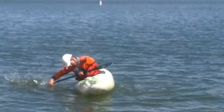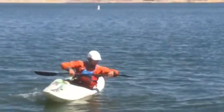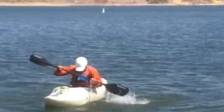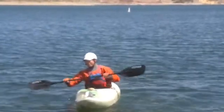The brace does not simply address a moment of instability in our tilt, it actually addresses a moment where our head and part of our upper body is out over the water. Notice that the actual splash of the brace is even with my knee. It's very tempting to go out perfectly 90 degrees from the boat,